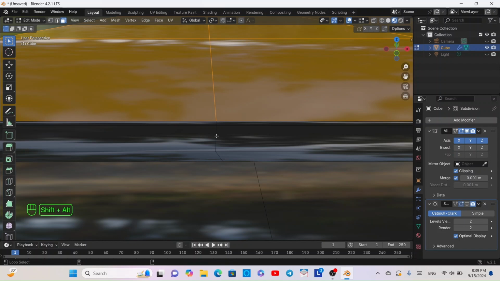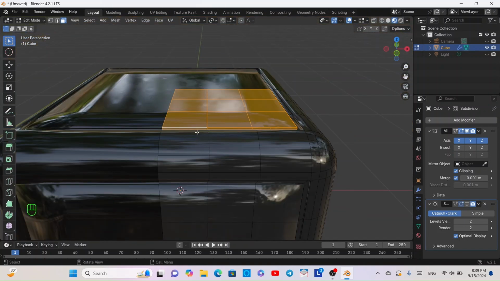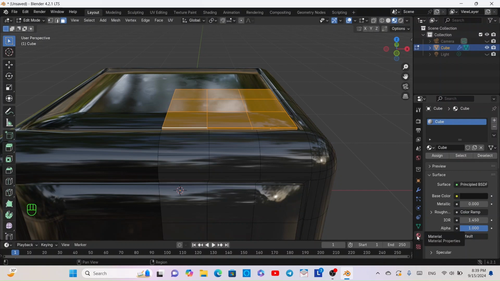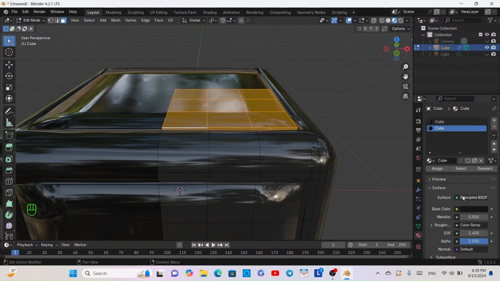I want to press Shift Alt and then left click to select this face ring, and while still holding Shift Alt, left click again to select this ring. What we're going to do now is go to the material tab, or the material menu, click on the plus icon, click here and select the cube material, make a copy of this material, and name it yellow,